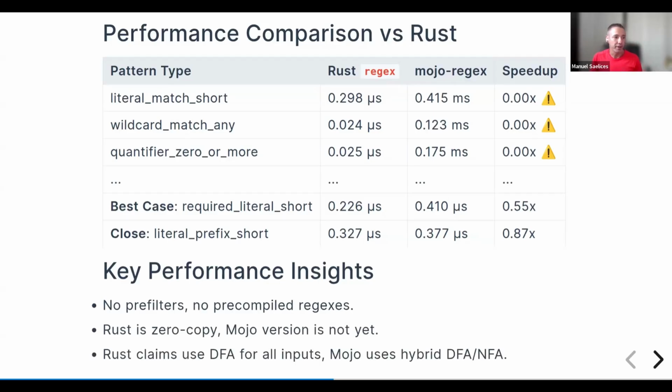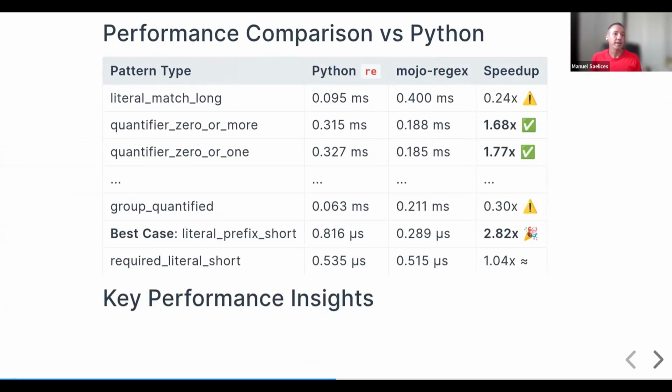And also, the Rust implementation claims to use a DFA, which is O(n) for all inputs, and Mojo still uses, for some cases, O(n squared) or O(n plus m) order, right? Which is much slower, right? And when we compare with Python, we have cases in which we are faster, but